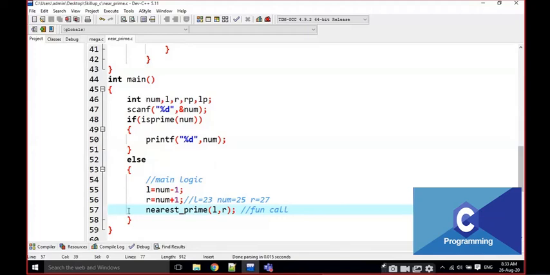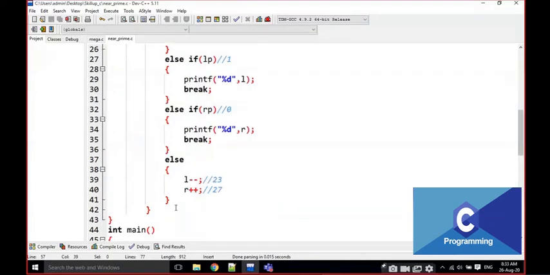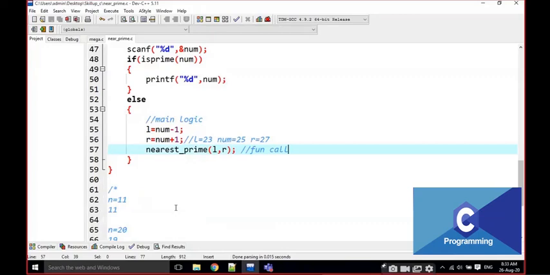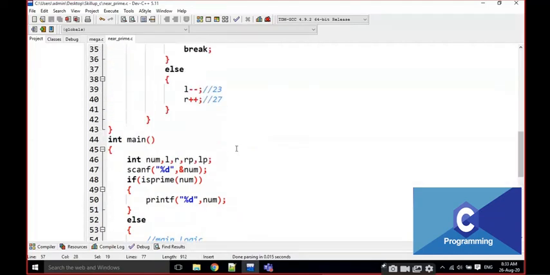Yes, the function has no return type. Why am I not returning anything? Here it is going to print one number one time, and sometimes it is going to print two numbers. We don't know exactly, right? That's why I am printing inside the function. I am taking it as a void function. It is not returning anything.